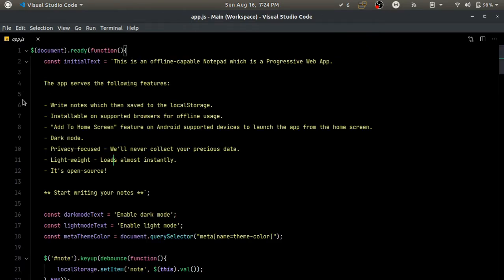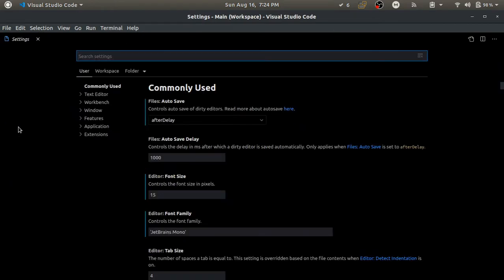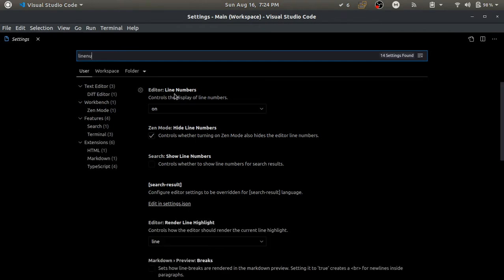To get rid of these things, we have to tweak a couple of settings, and once again I will open the settings preference window, and over here we will first need to find line numbers, that is editor line numbers.